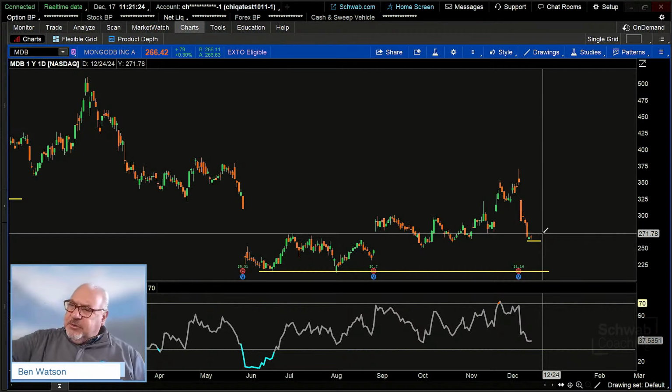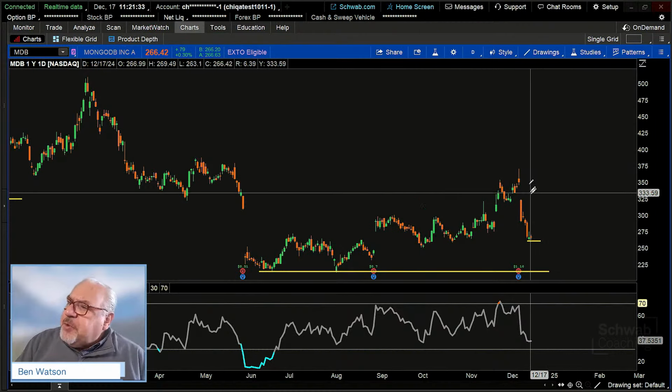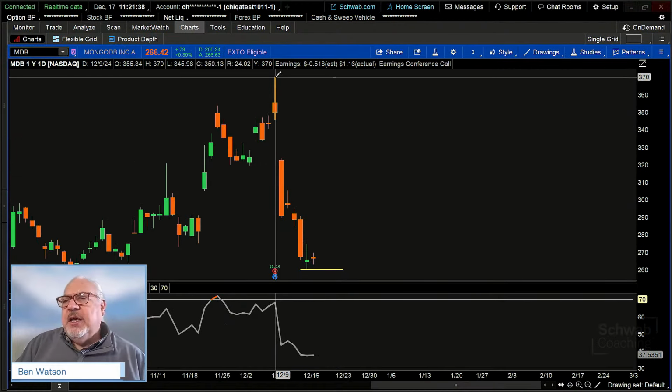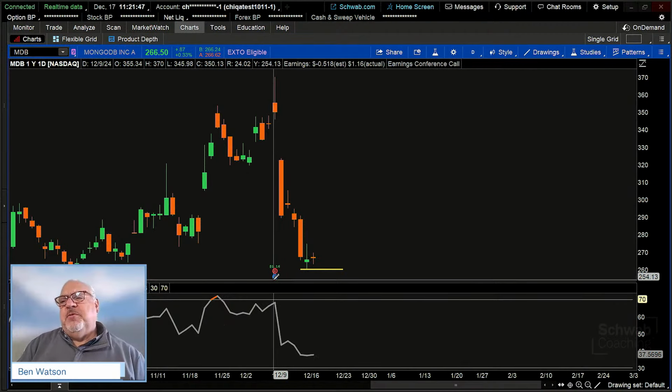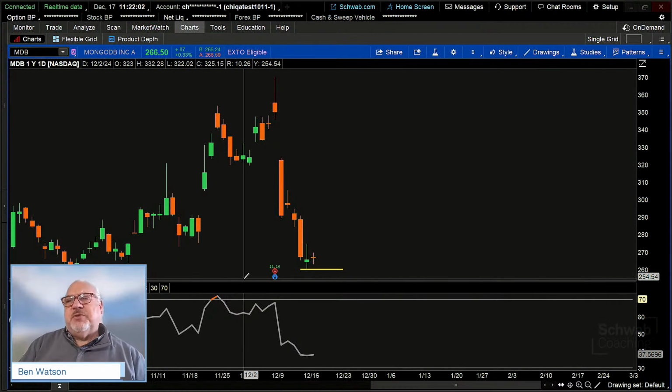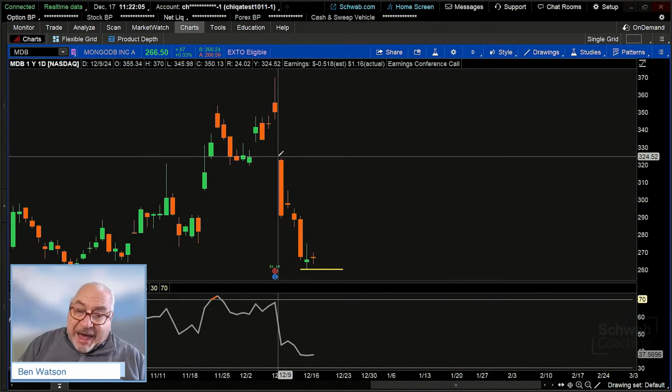The next thing I want to do in this discussion is put a target to this, right? The expectation of where it might go if we were seeing that move to the downside. Now, here's the thing. I could use this high point right here as the base of the flagpole. The reason I'm not going to do that, and oftentimes I might exclude a big move like that, is because of this earnings announcement. In the length of time that I expect to be in this particular trade, I'm not likely to see another earnings announcement come around. So I'm going to exclude that kind of earnings-driven big move to the upside or big gap to the downside